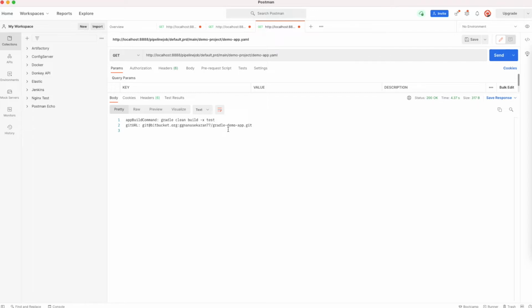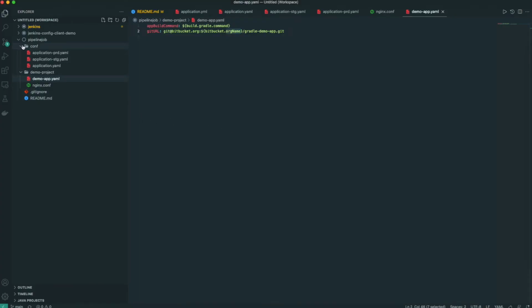So we've seen two things: how to fetch variables and how to fetch a particular file from the repository. Then I have one more example, a somewhat complicated one. Let's take this repository, Jenkins config client demo. Under this conf folder, I created multiple files.